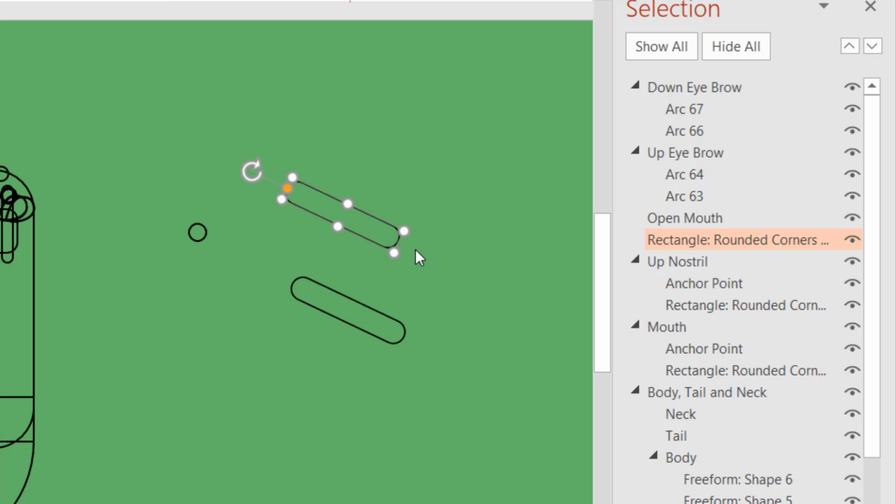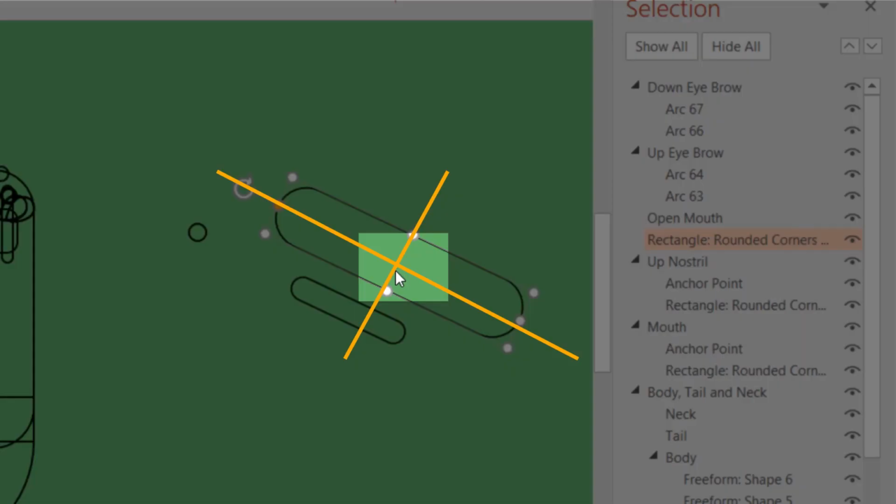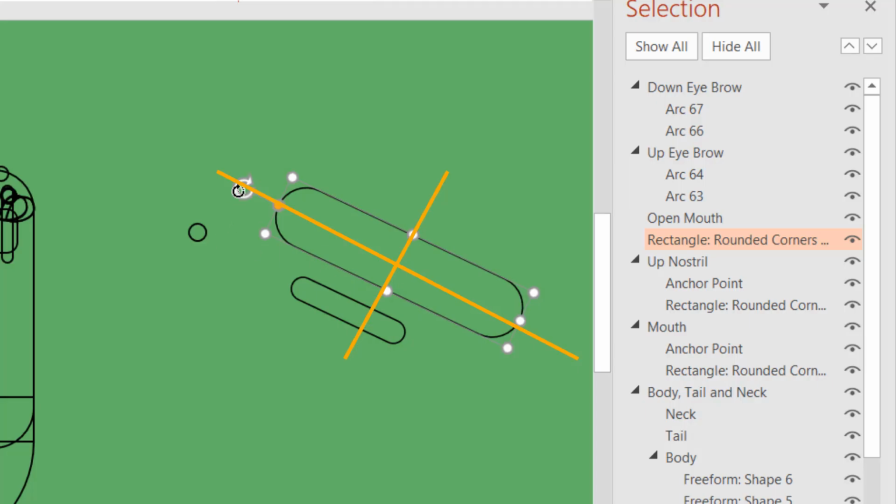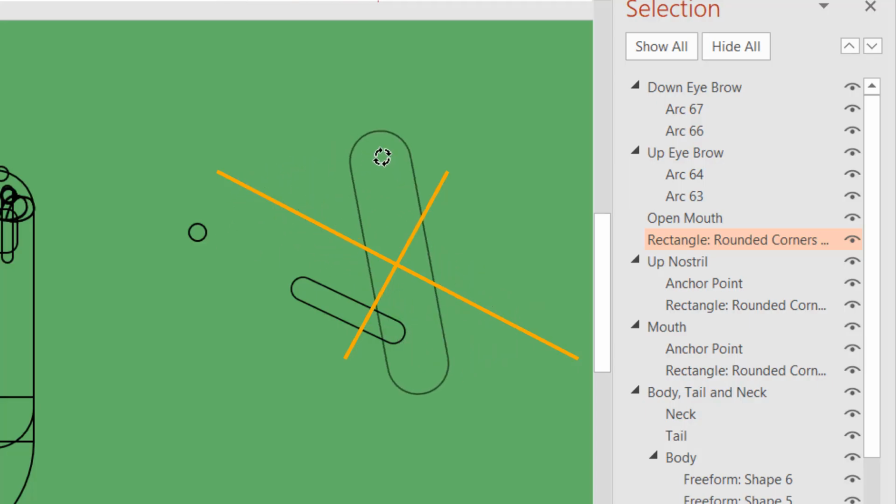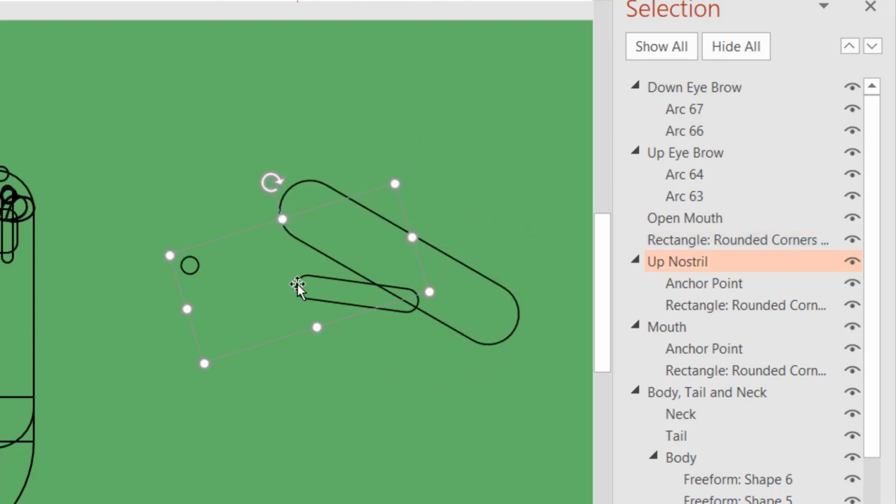Let me tell you one more thing about the anchor point: in PowerPoint by default there is no anchor point. So let's say we have this kind of shape, and when I try to rotate, PowerPoint will rotate this shape by assuming this center as the anchor point. Let me rotate this, and you can see that it is rotating around that anchor point, the nostril, right from this point. So I grouped a shape with that.